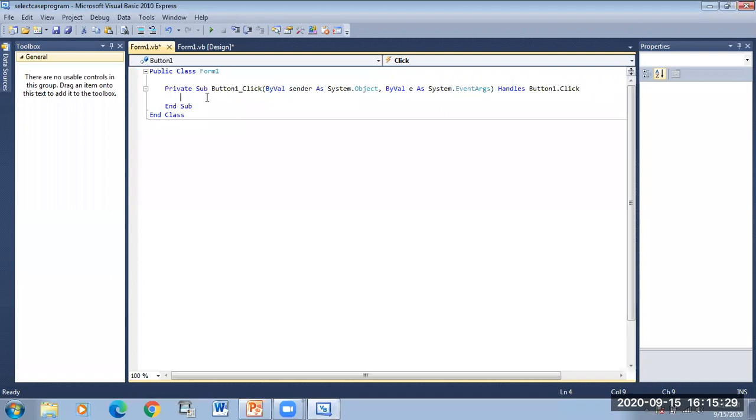On page number 122, figure 9.17, coding for click of button. What is the coding written there? First we have to declare a variable. How will we declare a variable? What is written there? Say quickly.